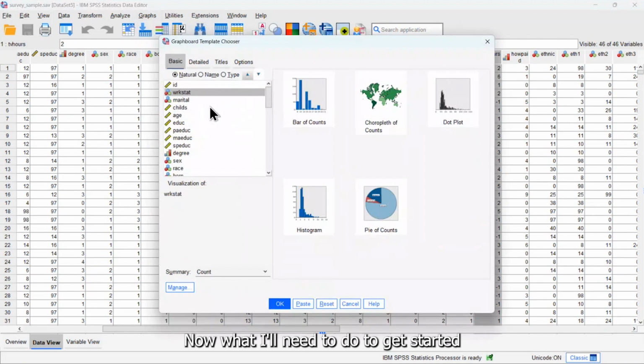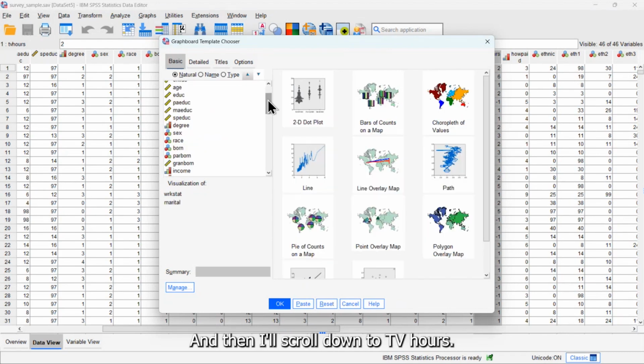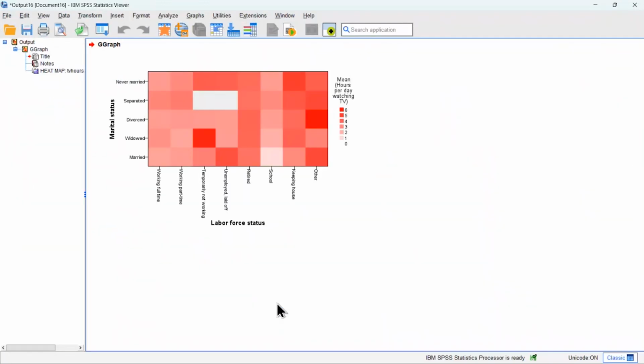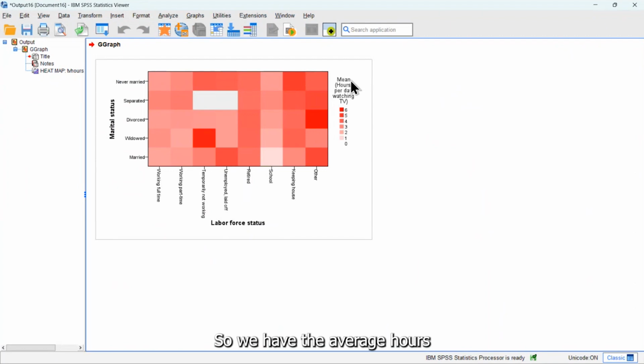Now what I'll need to do to get started is to choose the variables that I want to add into my heat map. So I'm going to pick up work status and marital status, and then I'll scroll down to TV hours. And then you can see the heat map is available. So I'll click on heat map. And when I'm ready, I'm going to click OK. And now we have our heat map. So we have the average hours per day watching TV here,